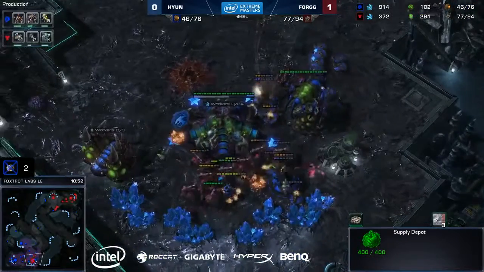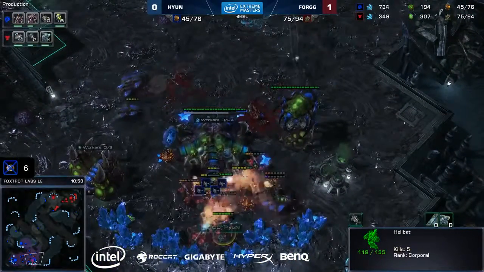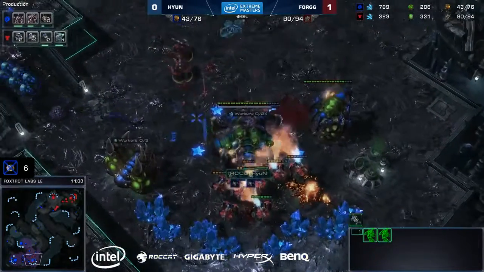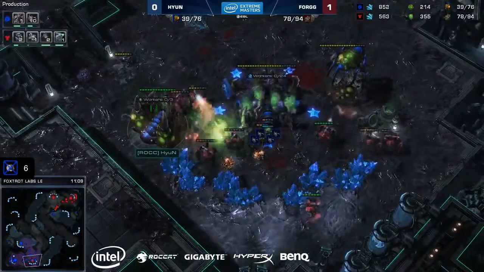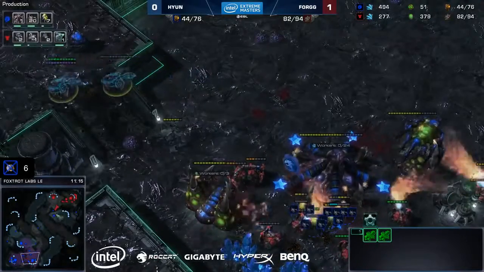These Hellbats are in such a strong spot. The Banshee's just working away nicely. That Spore Crawler is just getting killed by the splash damage even more than anything else. More Hellbats coming through. ForGG taking a monumental advantage. We do now have a couple of Banelings trying to connect, but they get just 1 Hellbat. This is not looking good right now